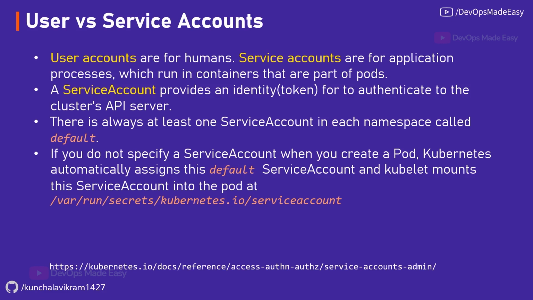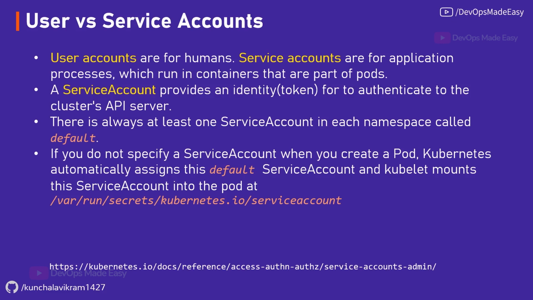Let's say I created a GoLang application, and that GoLang application wants to get all the namespaces in the cluster. For Kubernetes, this GoLang application is not a user, it is a process. So how can a process talk to the API server? It is through service accounts. Service accounts are for bots or any third-party applications, or processes which run inside